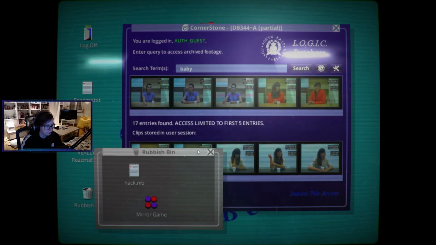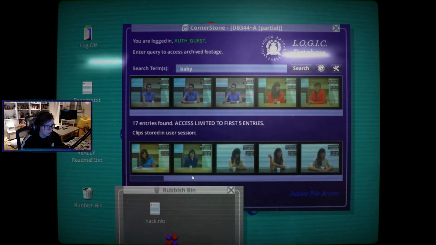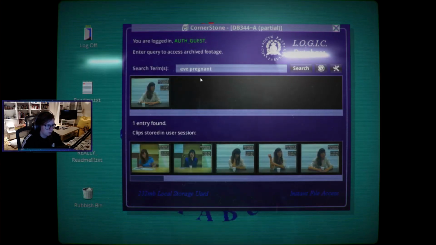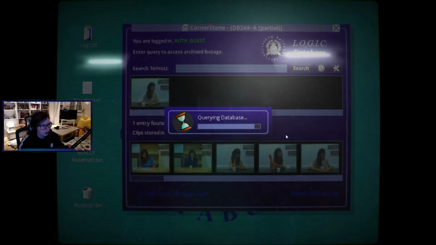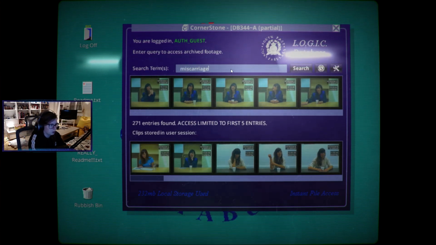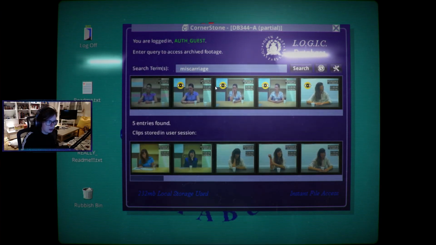I don't know what I'm doing. Can I move one of these into the rubbish bin? Can I please get rid of this one? No. Pregnant. No. Wait. Yeah, so same one. Person. Bro, I don't know. I feel like there's 17 about the baby though. Miscarriage. Talk about miscarriage. I think maybe